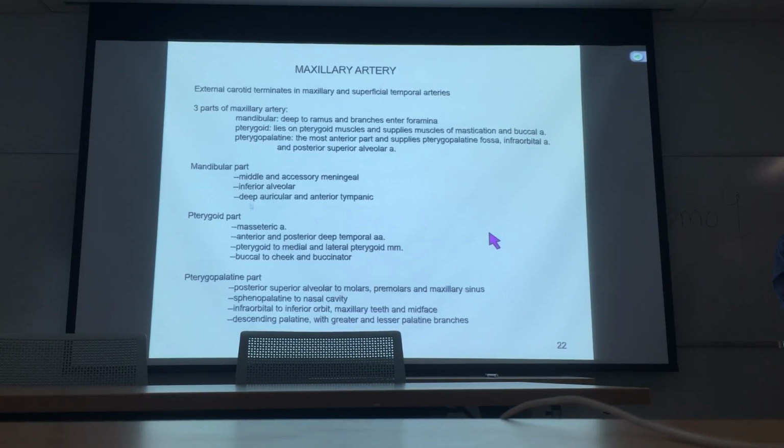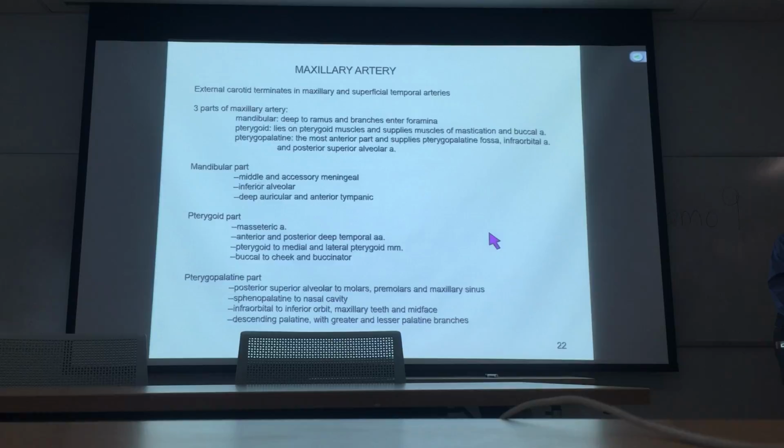For each of the portions, it's knowing different branches. So for the first part, lab-wise, really focus on middle meningeal, inferior alveolar. It never hurts to know these others, so